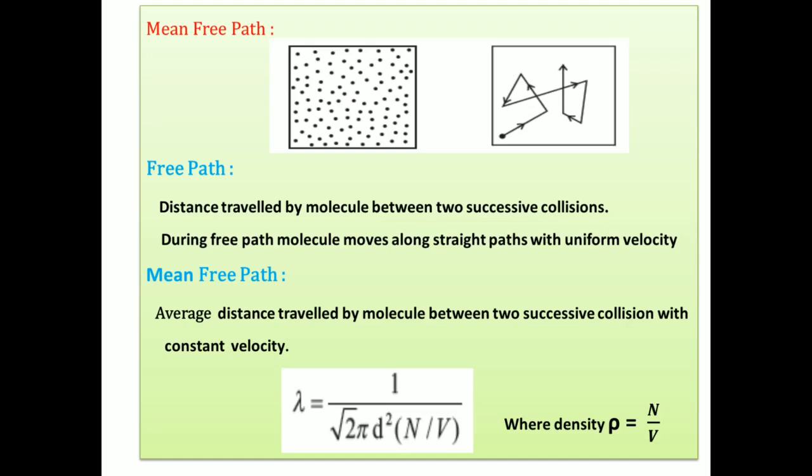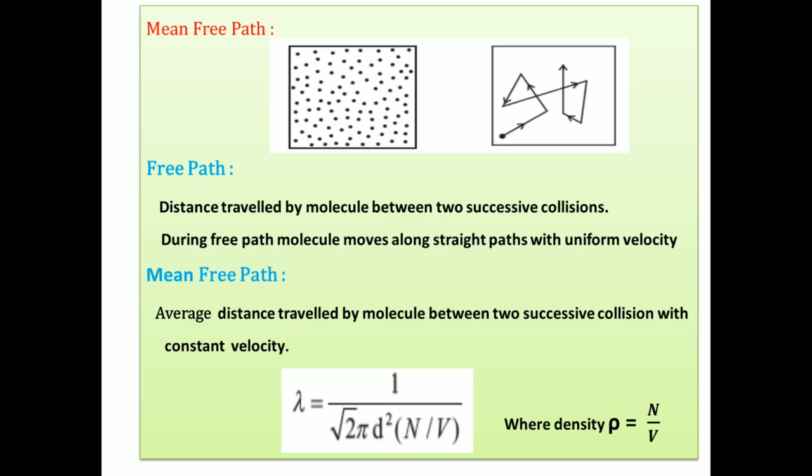Just like the marks you carried in your previous SSC exam, the marks in each subject are not equal. So what do we have to do then? To maintain uniformity, we take the average marks, and average marks are carried forward. Similarly, these free paths are not equal. Some free paths are more, some are less. So the term average free path or mean free path is introduced.